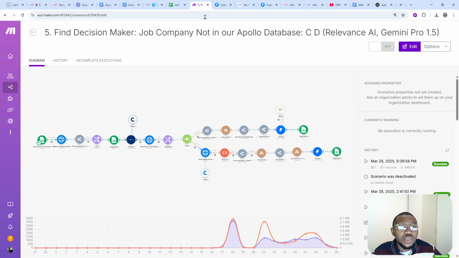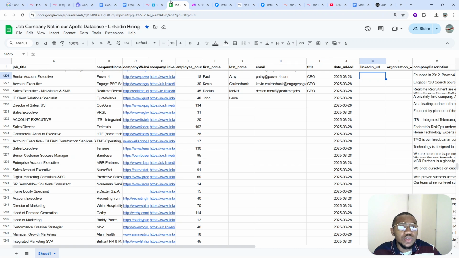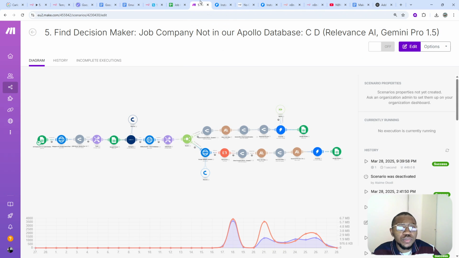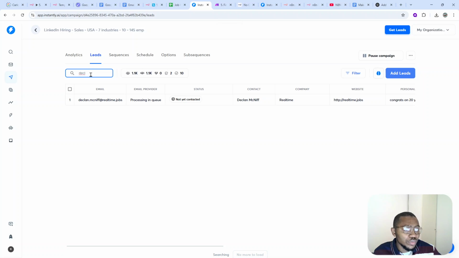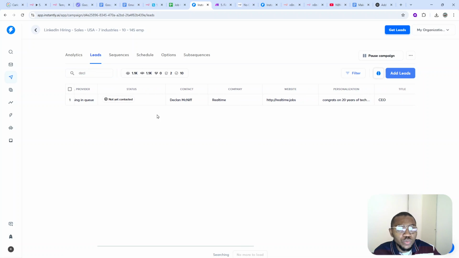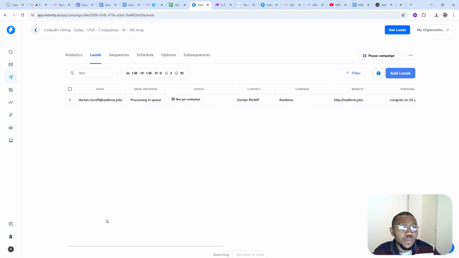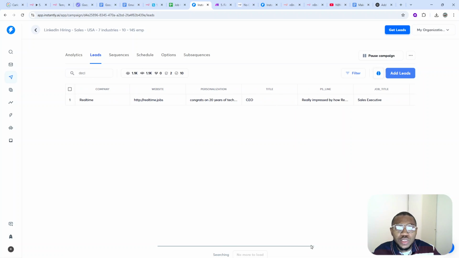So let me check some of the leads that have been added. Declan McNif. Okay, let me search for him in my campaign. Should have been added by now. Declan McNif. You see, we just added it. So what we are doing is we are getting the email of the lead. That's the email, the full name. Then I'm also